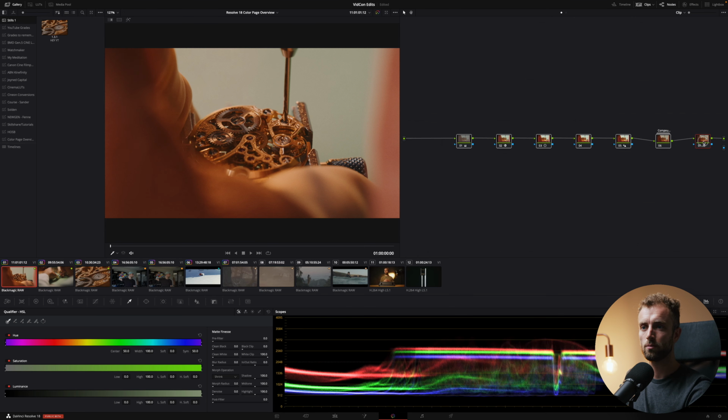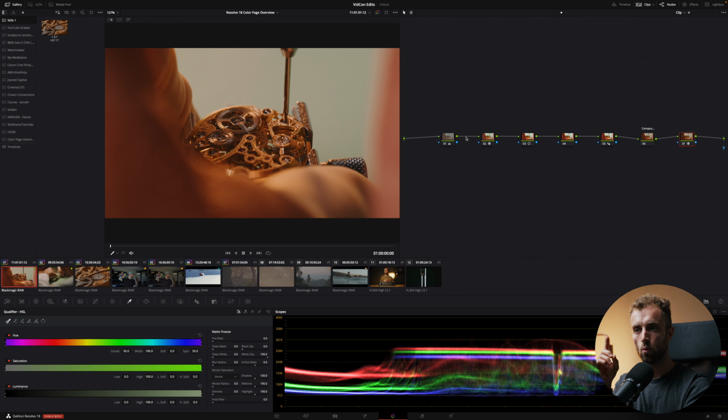All right, so we talked about it briefly, but very shortly, if you really want to learn a lot about color grading in particular, I suggest you watch other videos of mine. But right now, a basic understanding of the node tree, how it works, is I always put one adjustment per node. All right, so you kind of have to read it from left to right. So this is where it starts. This is where it ends. Then there is an order in how you do things, right? So you cannot randomly place nodes somewhere and put particular adjustments on that node. You have to balance your image first. So that means exposure, white balance, contrast, saturation.